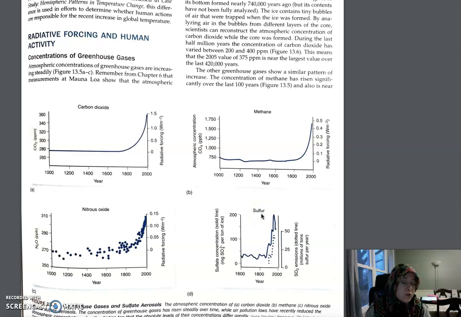Sulfur, the source of sulfur, you may remember from the sulfur cycle. The source of sulfur is volcanic activities and also industrialization. So we see lots of jumping ups and downs, since the sulfur concentration is very hard to control because of the volcanic activities. But at that part, apparently the industrialization is adding a big impact.